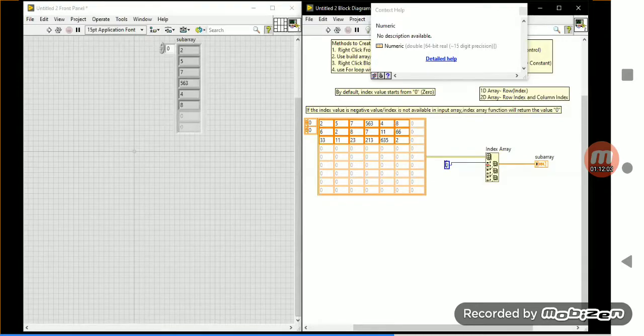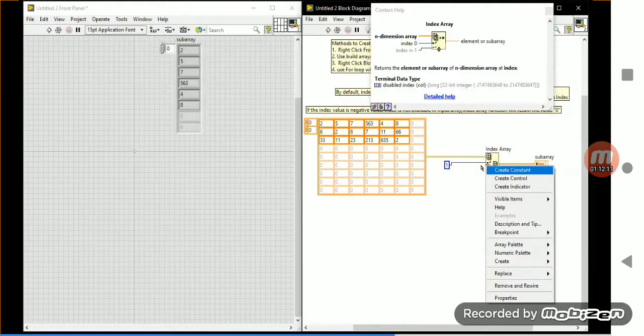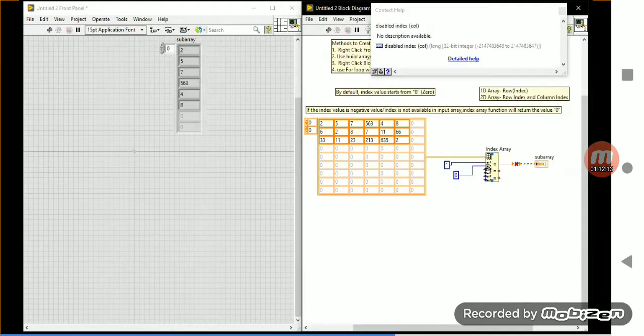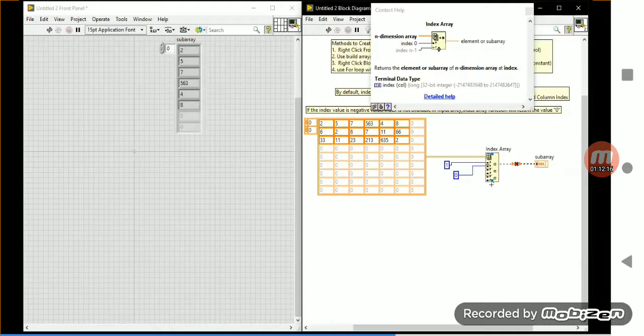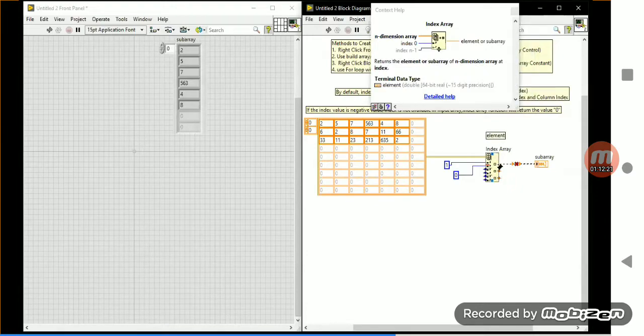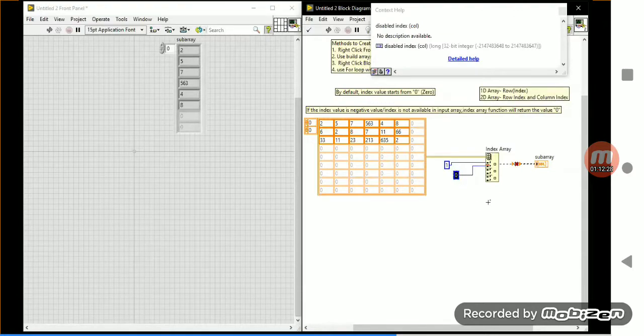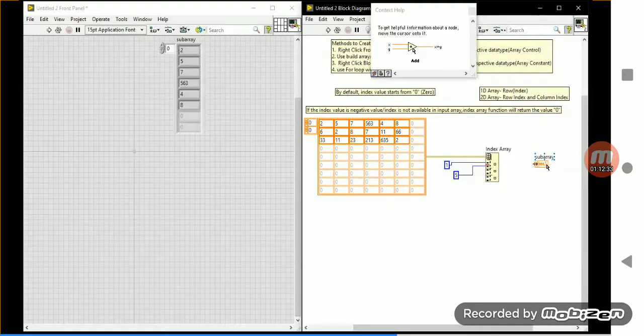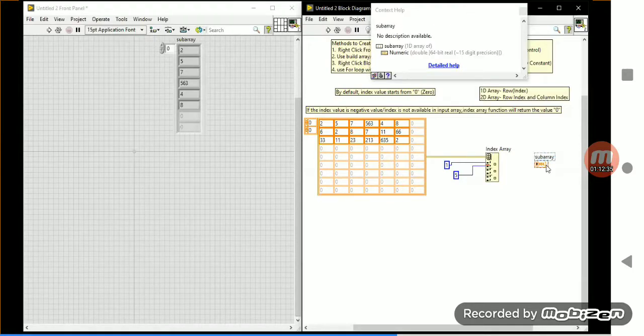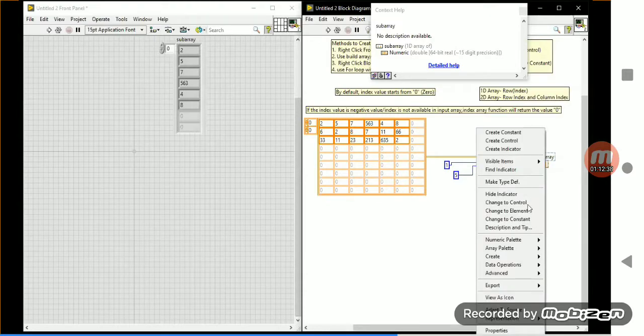Now I am going to give the column value as well. See here, the column is also filled, so column is connected in all the places. See the output indicator over there: only one box, that is one value, will come out. So consider that a scalar value is the output you will get. Index will start from 0. Don't start from 1.